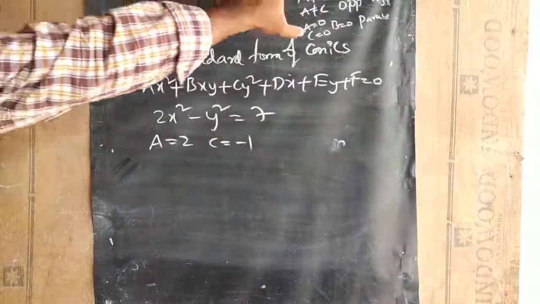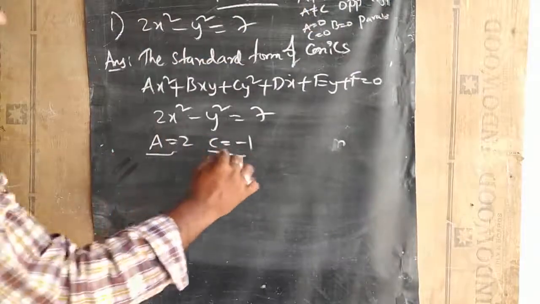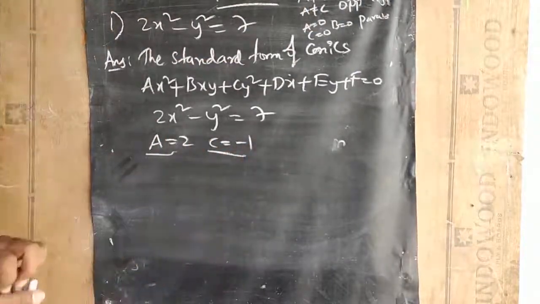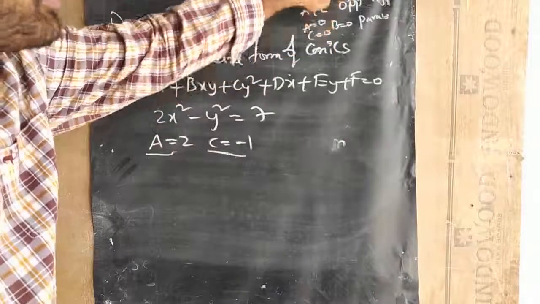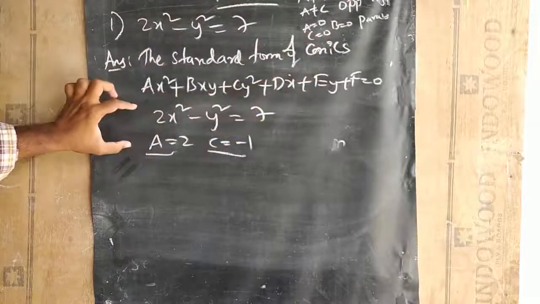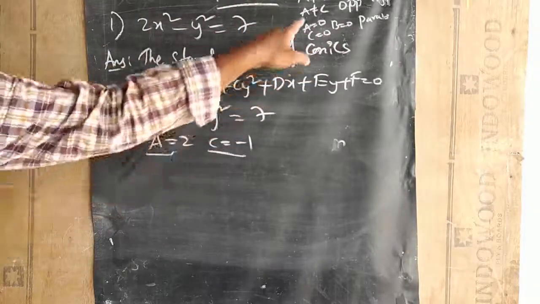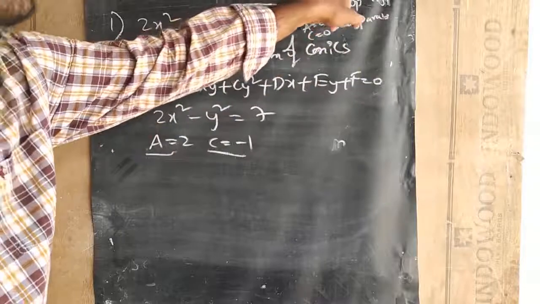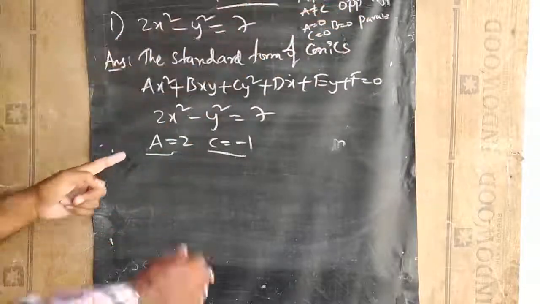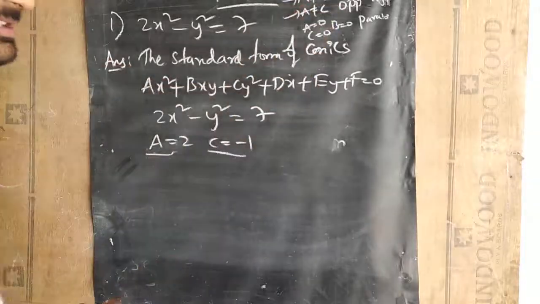Now let us see these conditions and let us apply. So a and c, here there is no b value at all. So b is 0, means we have only 2. But in a parabola case, a should be 0 or c should be 0. Parabola case will not be applied here. Why? Because a and c are having the values, so parabola no. So b is 0, but a and c should be equal to 1 here. A and c are not equal to 1. Then it may be second case or third case.